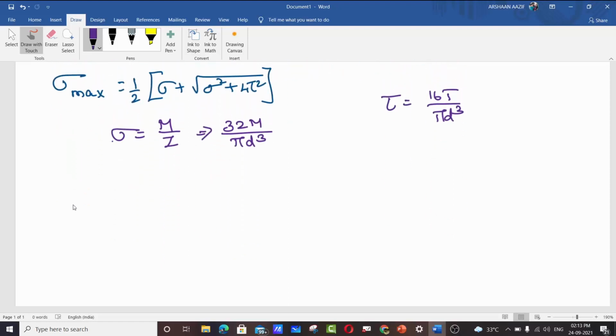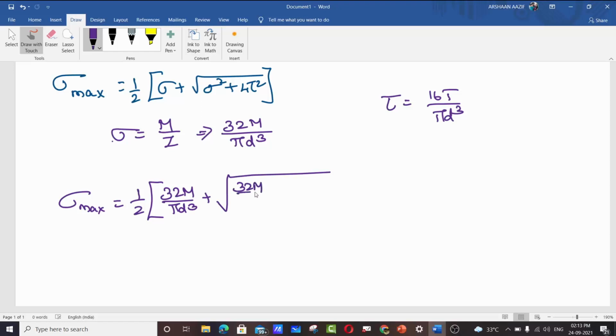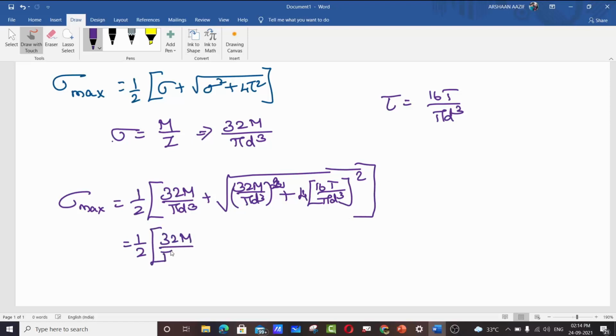So substituting, sigma max is equal to half into sigma, which is 32 M by pi d cube, plus root of 32 M by pi d cube the whole square, plus 4 into 16 T by pi d cube the whole square. Sorry, this is the whole square. So this is the equation for sigma max, which is equal to half into 32 M by pi d cube